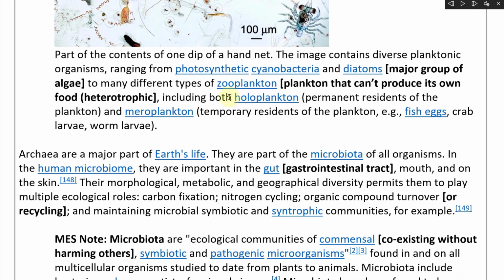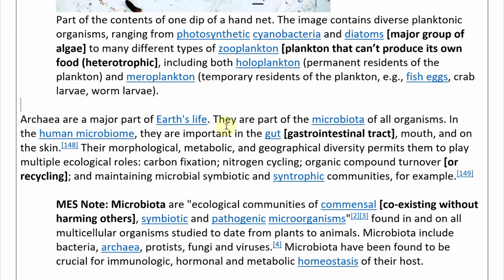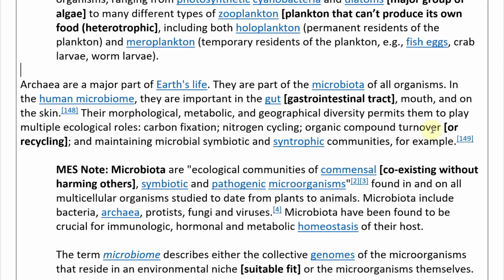And let's continue further. Yeah, so archaea are a major part of Earth's life. They are part of the microbiota of all organisms. In the human microbiome, they are important in the gut or the gastrointestinal tract, mouth, and on the skin. Their morphological, metabolic, and geographical diversity permits them to play multiple ecological roles, including carbon fixation, nitrogen cycling, or organic compound turnover or recycling, and maintaining microbial,